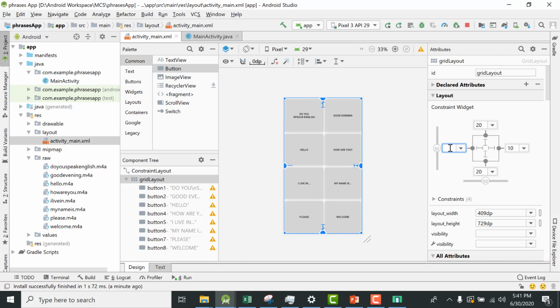Let me constrain 30 by 30, and from the top I want to make it 50 and also 50 from the bottom. So designing is all about doing more and more experimentation.